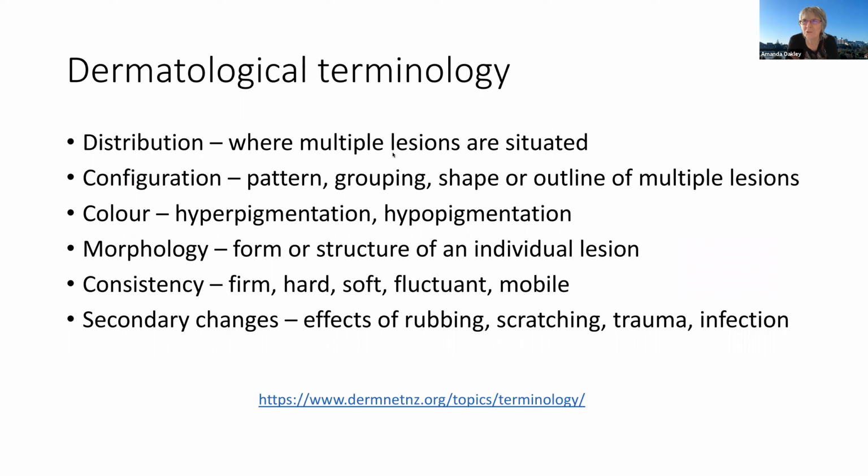Just to remind you about the terminology in dermatology. When we're examining a patient, we need to know the distribution, so where single or multiple lesions are situated, their configuration and how they're patterned or grouped, the shape or outline of multiple lesions. We're very interested in color, and this is relative to surrounding skin. So we may talk about hyperpigmentation or hypopigmentation, as well as the Fitzpatrick skin type. That is to say, whether they're white, brown, or black skinned, and how easily that changes on exposure to the